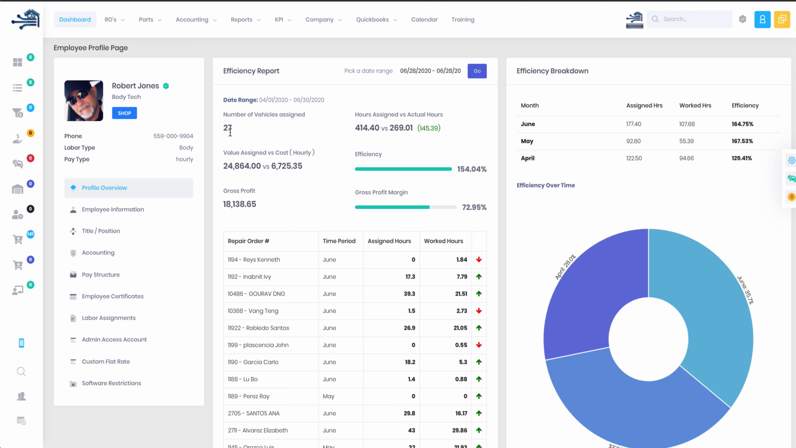So now he has 27 jobs for 414 hours, and he has completed those jobs in 269.01. That shows you a leftover of 145.39. So he had $24,864 in gross dollars. It cost the shop $67.25 for gross for his efficiency at 154, and his gross profit at 18,138 for a gross profit margin of